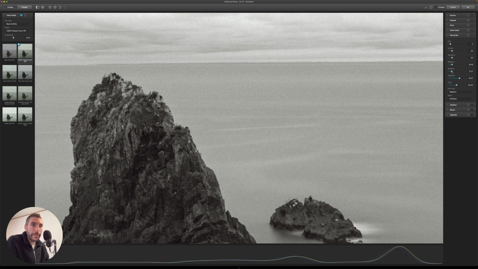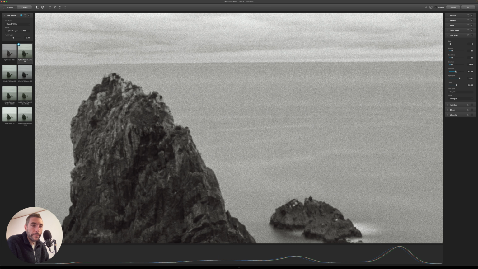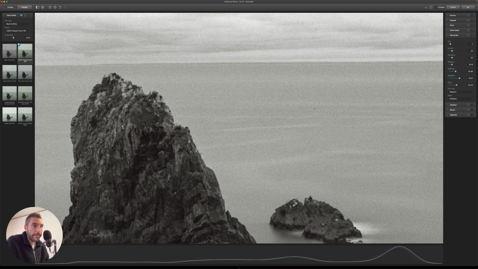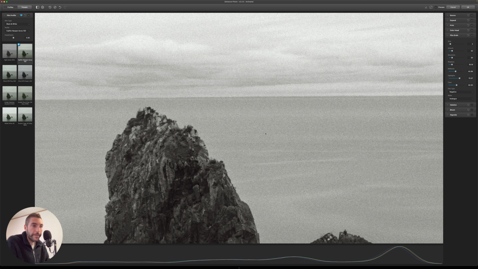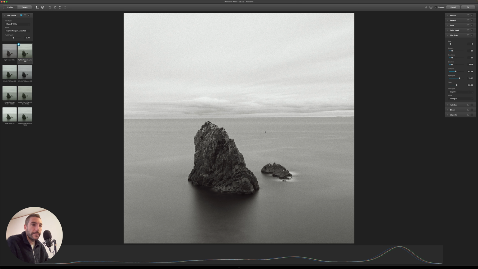But the moment you bring this up, everything looks much more like film. And in this particular case, it's because most of the image is actually midtones. So this slider is the one that makes the biggest changes overall in the image.